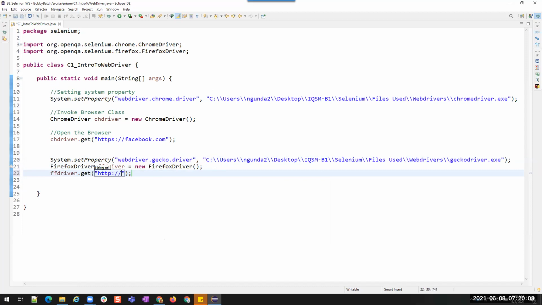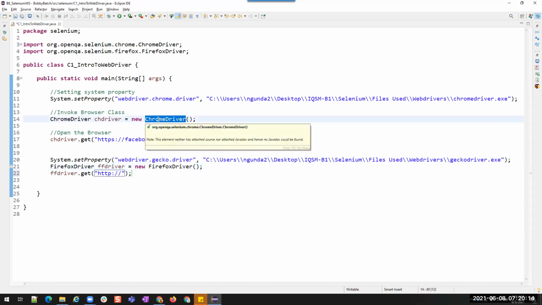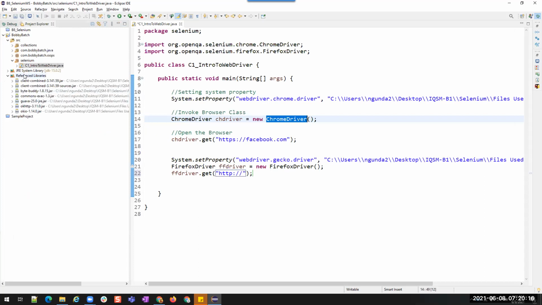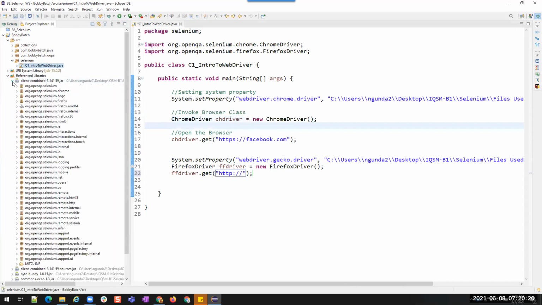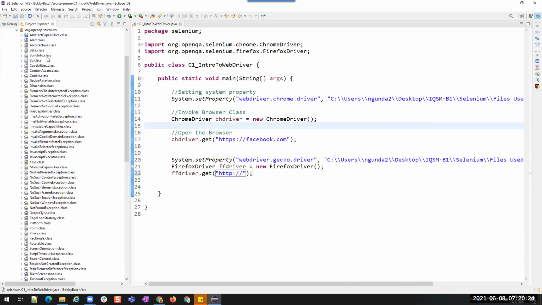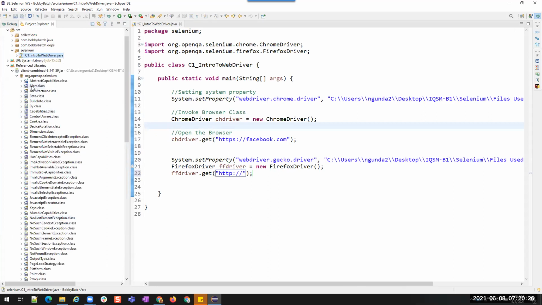Nikhil: Are these WebDriver, ChromeDriver, FirefoxDriver all inbuilt objects? Or are these classes? Are you creating a new class or is it inbuilt? We are not creating this class. You are not listening to the session then. I told you there are class files present in the Selenium library. That is the reason we added these jar files.